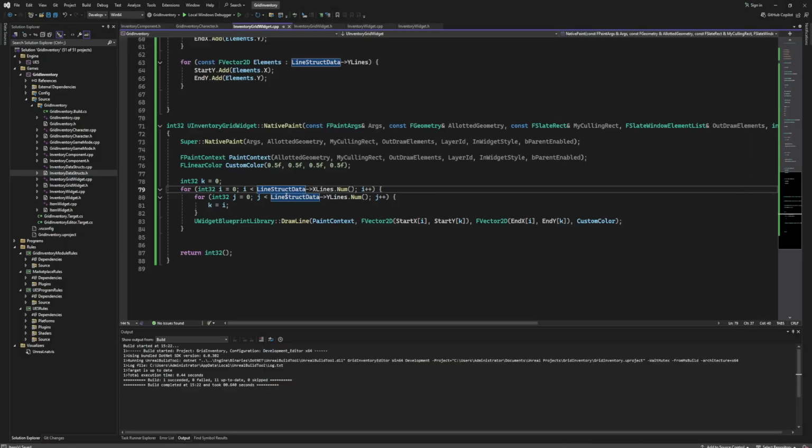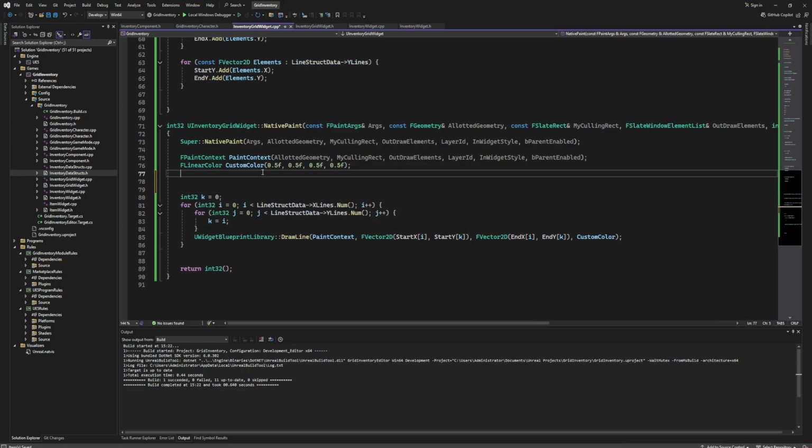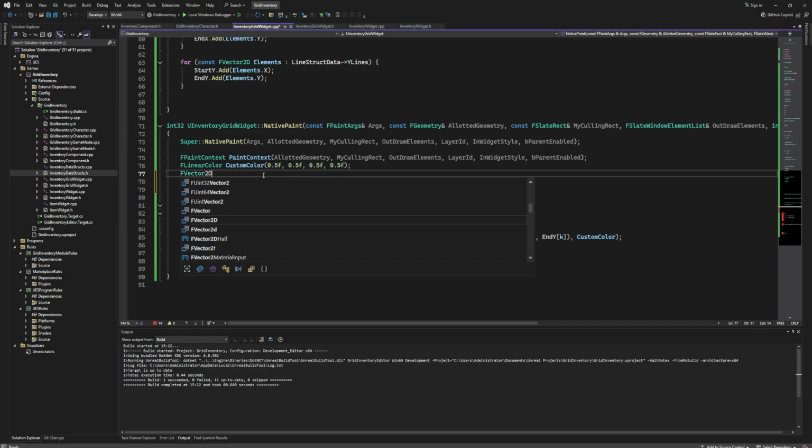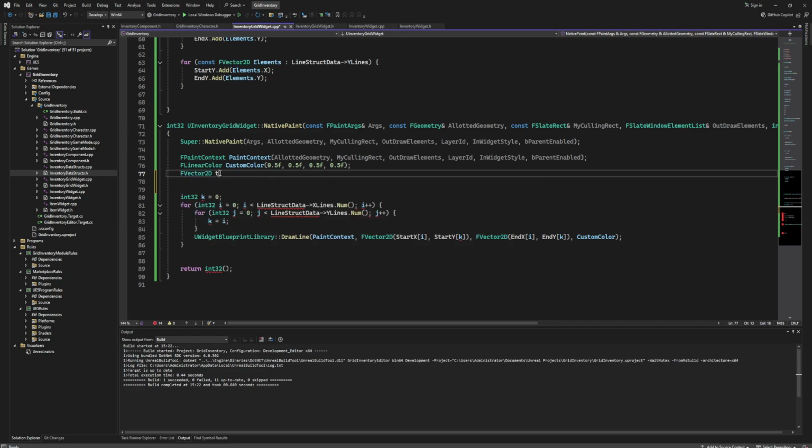So we need basically to get the coordinates of our top left corner of our grid. And let me just check in my other project. So basically we need to get the top left corner of our grid border, our grid inventory, and we need those coordinates that we are going to add later with our position A and position B. It will be a type of vector 2D. I will name it top left corner